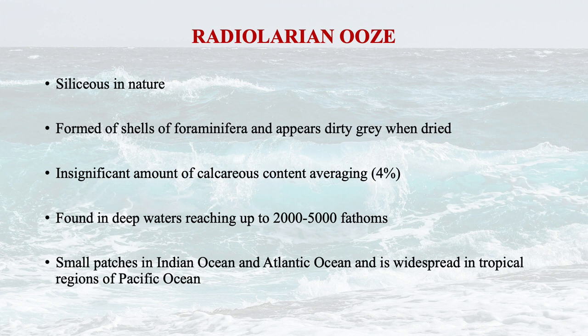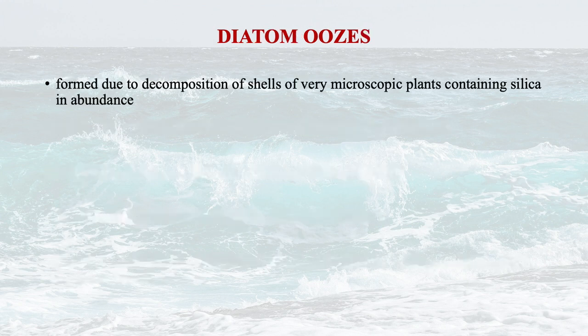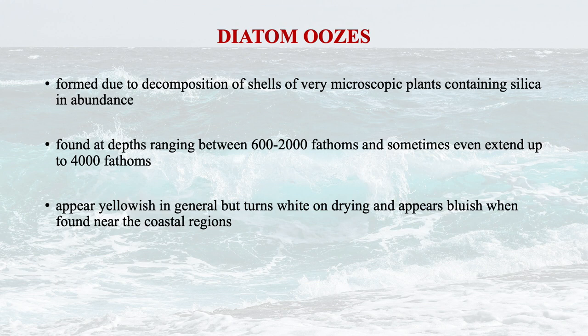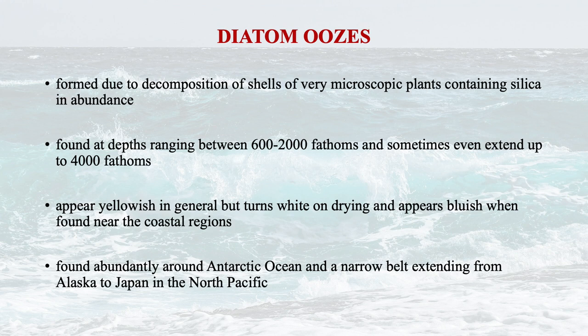Now, diatom oozes are formed due to decomposition of shells of various microscopic plants containing silica in abundance. They are also found at depths ranging from 2000 to about 4000 fathoms, and sometimes they extend even up to 6000 fathoms. They appear yellowish in general but turn white on drying and appear bluish when found near the coastal regions. They are found abundantly around the Antarctic Ocean and a narrow belt extending from Alaska to Japan in the